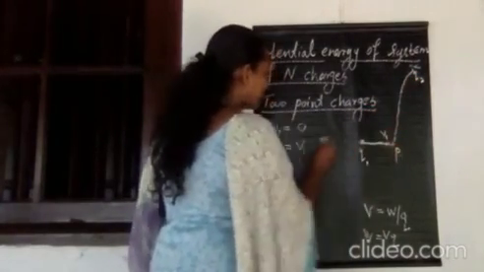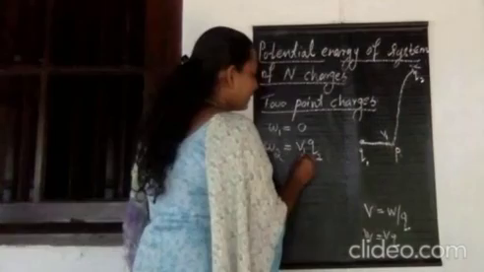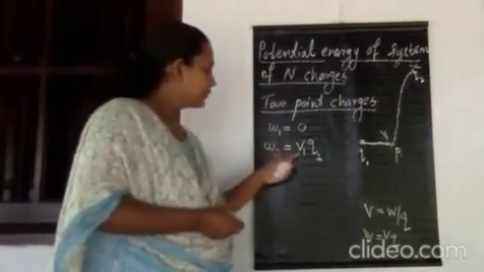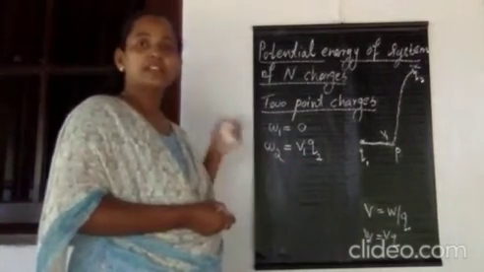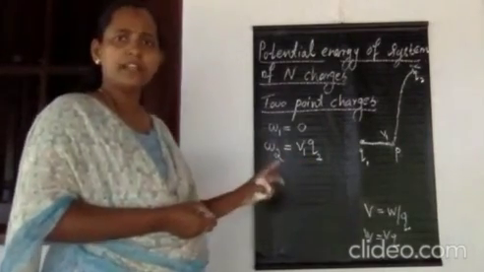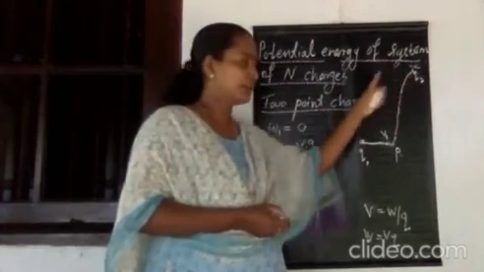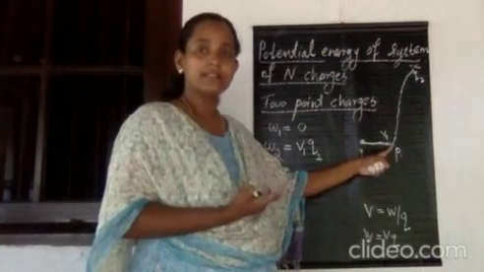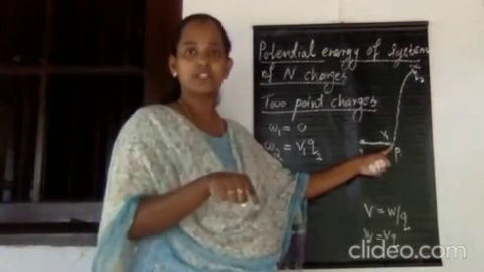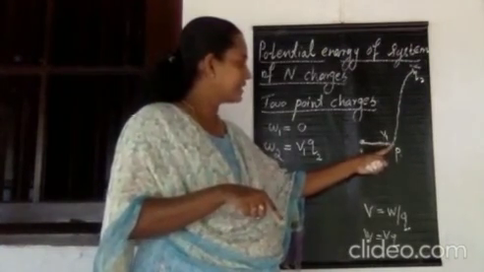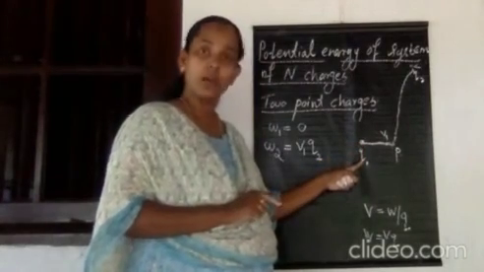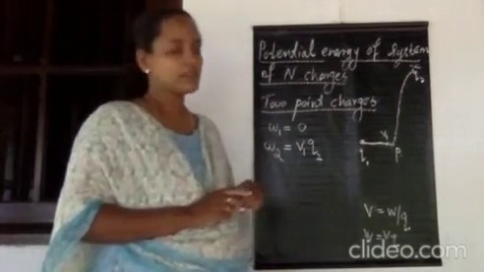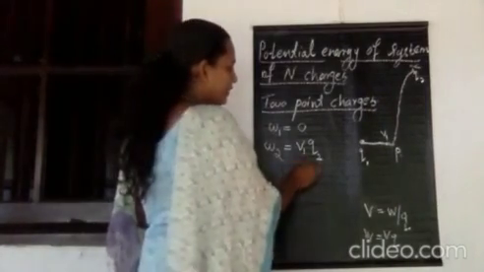Which charge is coming? Q2 charge is coming. Therefore, it becomes V1 Q2. Is it clear? Why is W2 equal to V1 Q2? Work W2 is the work done to bring the point charge Q2 from infinity to this point. So how much work is required? That is equal to the potential at that point into that charge. But the potential at that point is the potential due to this charge Q1. Therefore, that is V1 into the charge, which is Q2 itself. So you can write that as V1 Q2.